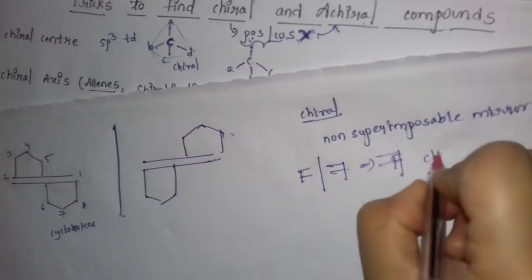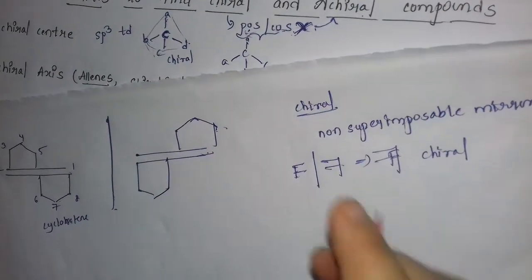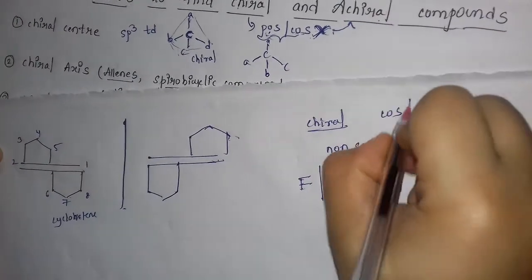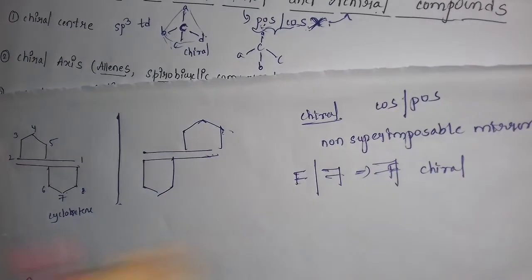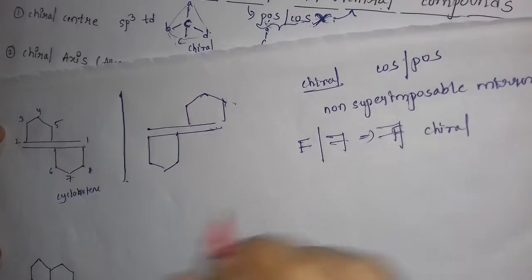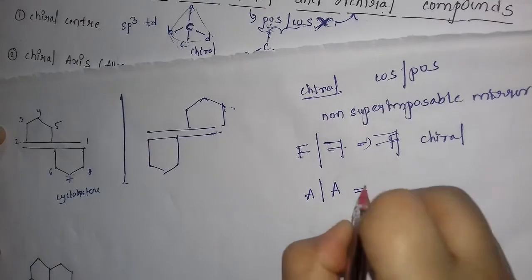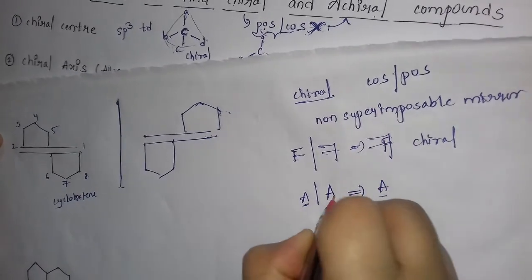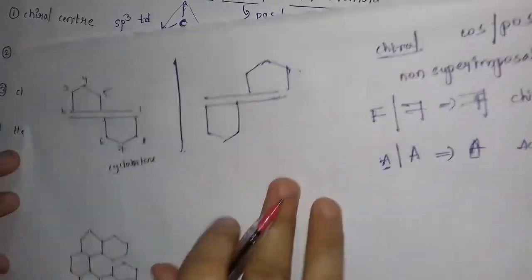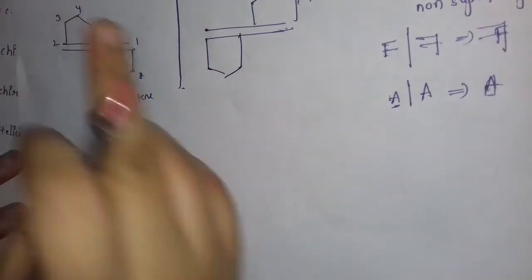So this is chiral. This is an important concept that is applicable for chiral compounds: non-superimposable mirror images, and there should be no plane of symmetry or center of symmetry, but it is compatible with an axis of symmetry. Okay, so here we have seen axial chirality. For example, this is A and its mirror image is this. This A I have drawn. If I want to keep this A on this, it exactly fits. It's achiral. This is an example of a chiral plane. This is non-superimposable on this.